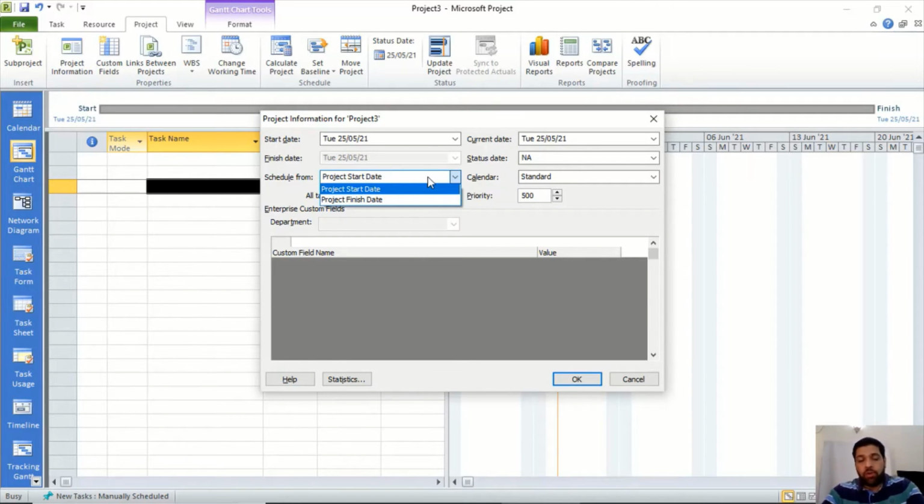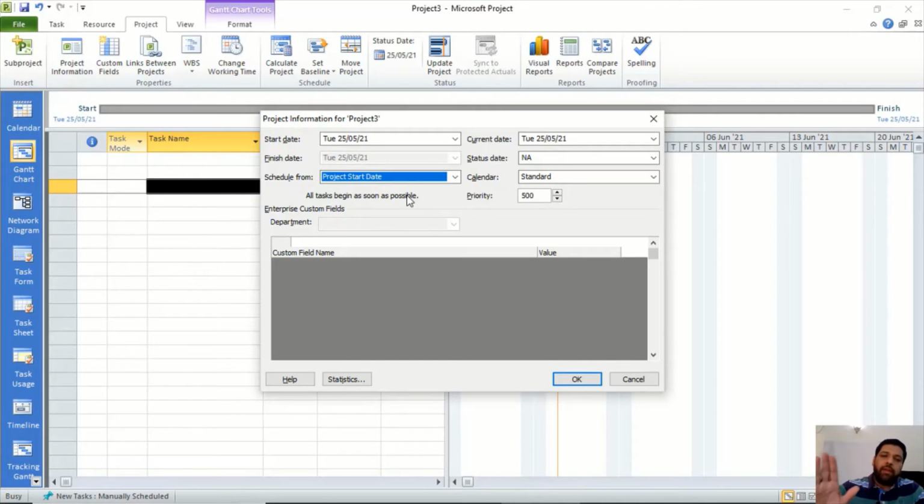What is the difference? Now understand this, because this is an important concept. If you want Microsoft Project to schedule your project from the project start date, it means that you provide a start date like we have provided. You enter the deliverables, you enter the activities, you do the sequencing, you define the dependencies, you enter the duration, and Microsoft Project will calculate the schedule and give you one final date of your project.